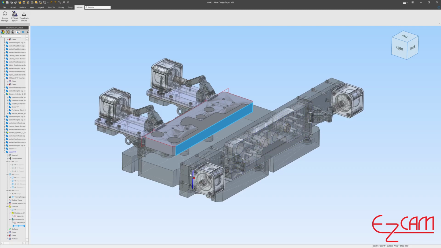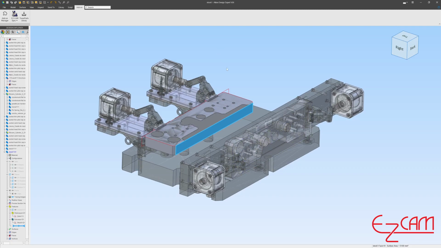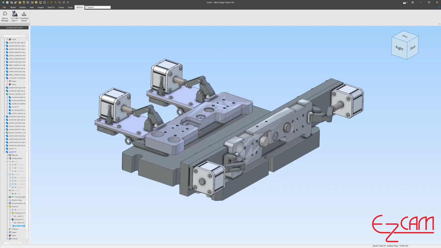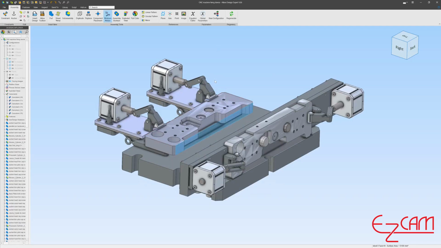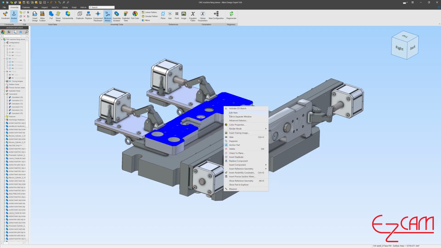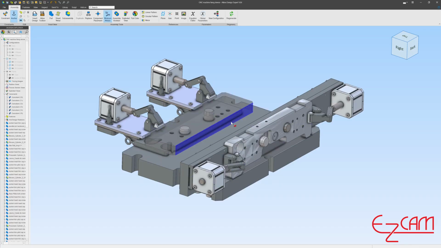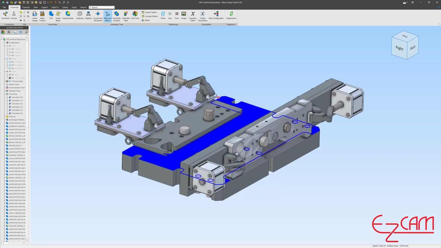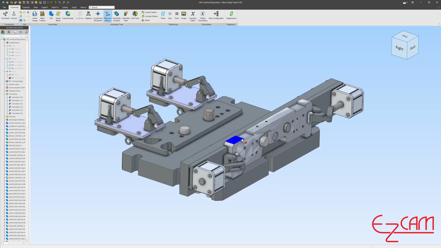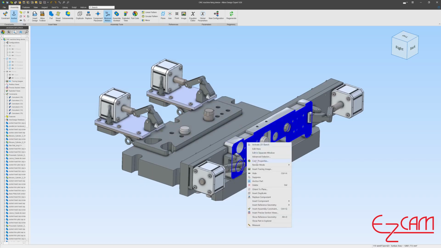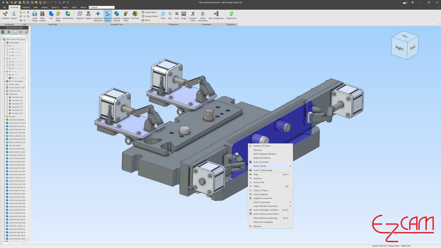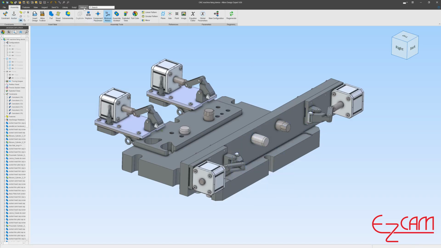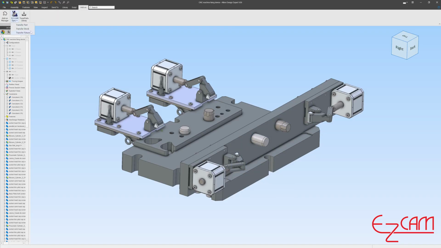With the stock now transferred, the remaining components can be treated as fixtures. Again, right-click an empty area and select Edit Root Assembly. This brings all components back to active status. Now we need to hide the already transferred parts. Use Hide or Suppress to remove them from the view. We prefer using Hide so that only the clamping elements and other fixtures remain visible on screen. Finally, run the Transfer Fixture command to send all remaining visible parts to EasyCam in one go.